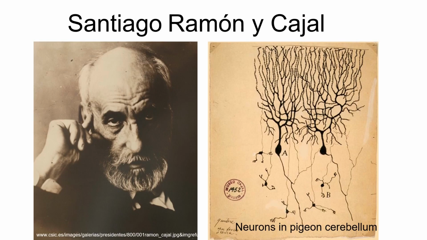But more than Golgi himself, the person who really took advantage of the staining method to make fundamental discoveries about the brain was Santiago Ramon Cajal. Cajal was a Spanish biologist who just had a passion to look at brains under the microscope, and he was also good at drawing, so he could draw these beautiful images, like the one shown here on the right, of what he was seeing under the microscope.